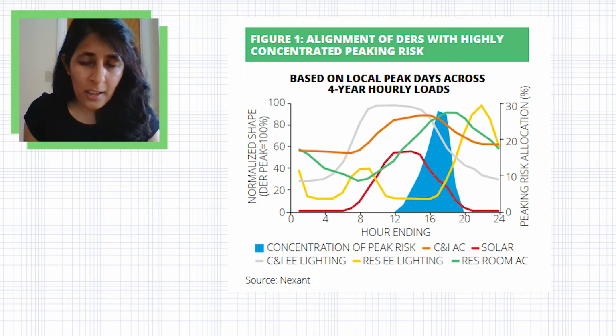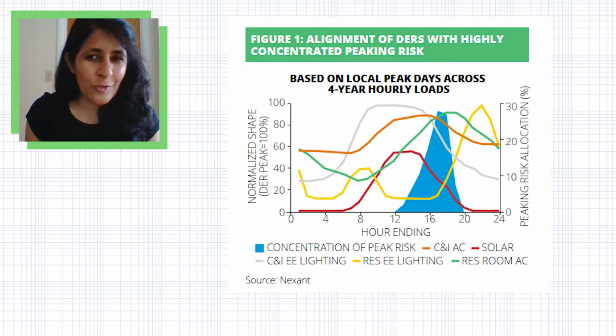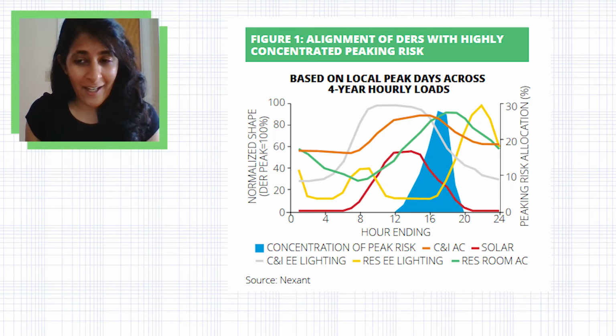And when the blue shaded part coincides with that yellow, the load, it's basically saying that during those hours when there is a high peak load, the residential EE lighting load is comparatively lower than some of the other resources that you have there. And that basically means that if you're really looking to reduce the peak, residential EE lighting is probably not the best route to go. You should probably be targeting something like CNI air conditioning loads or residential air conditioning loads,